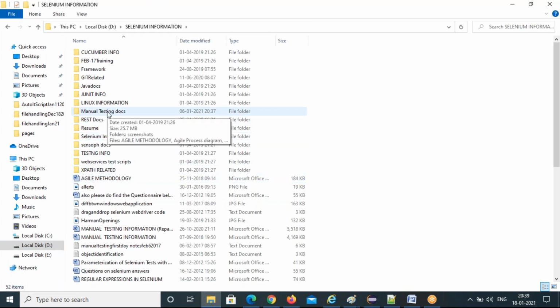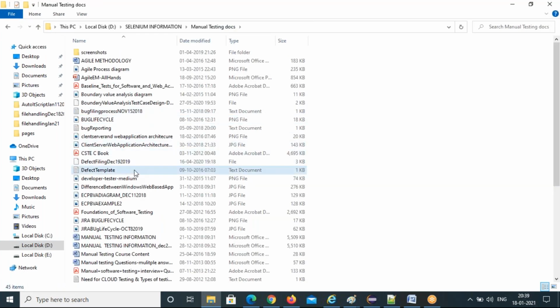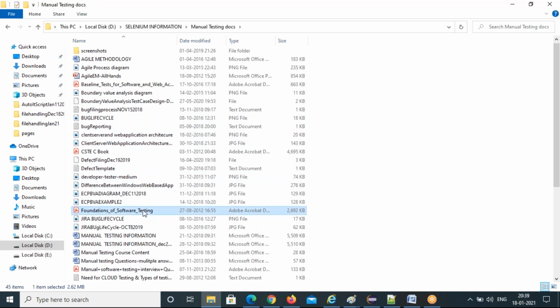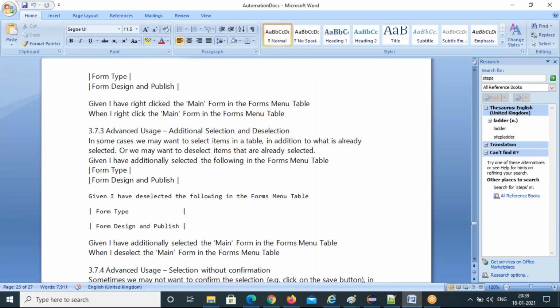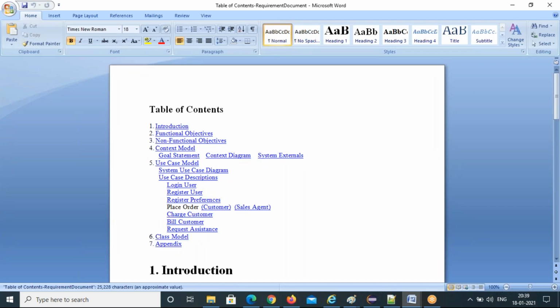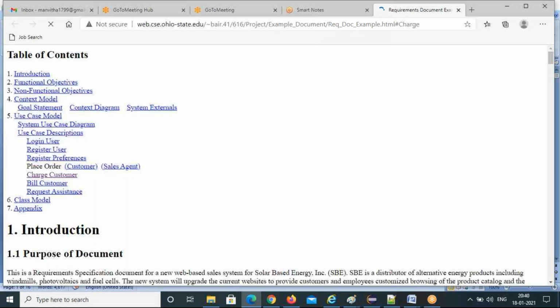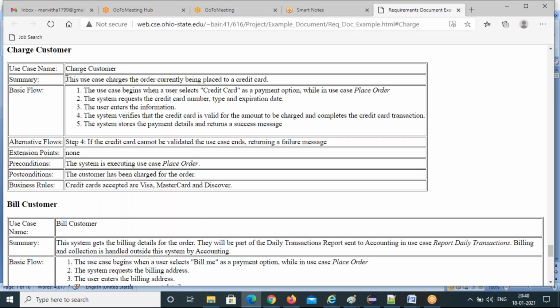Manual testing. The requirement document. So, charge customer.